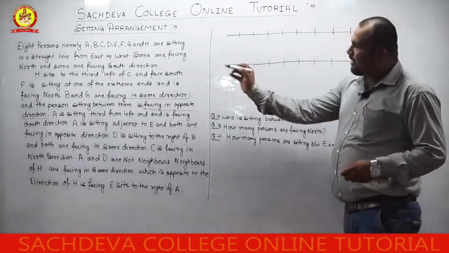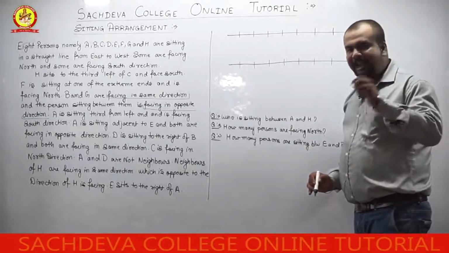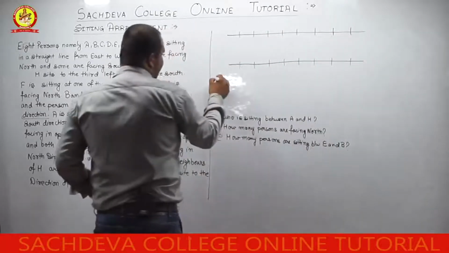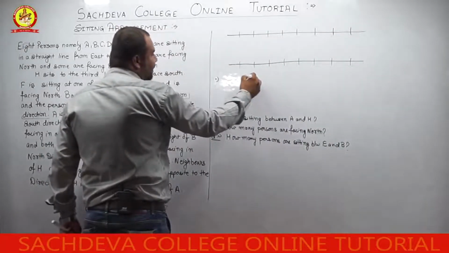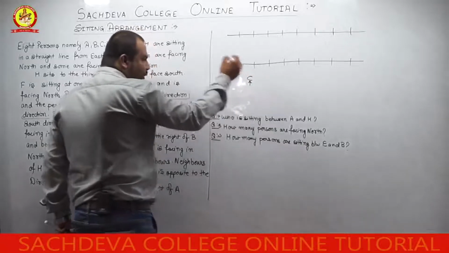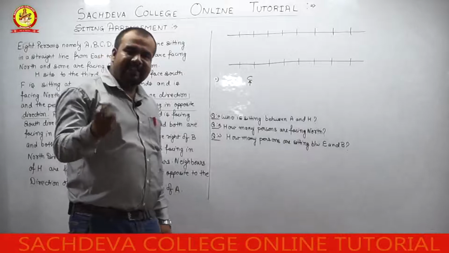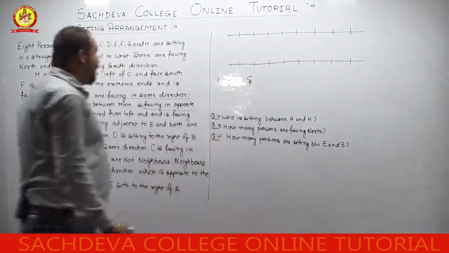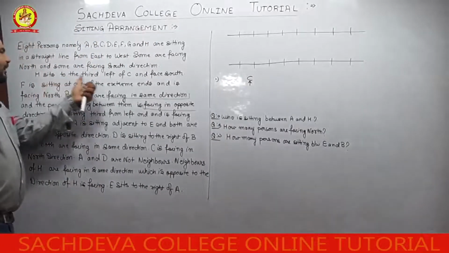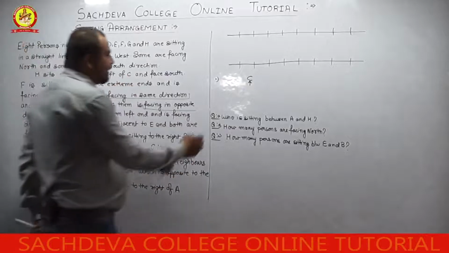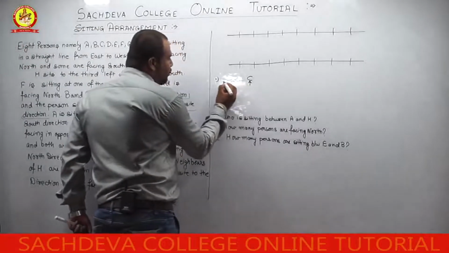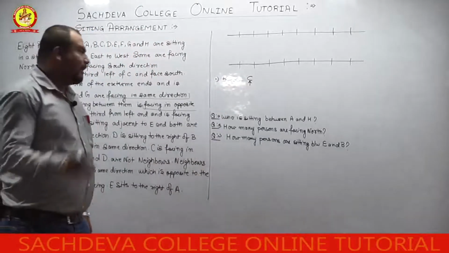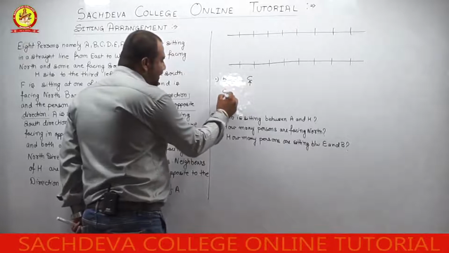H sits third to the left of C. Then we have rough notes, number 1: H sits third to the left of C. If we consider C as north facing, it can be possible that C is north facing or C is south facing. If C is north facing, then H sits third to the left of C: 1, 2, 3. H is sitting third to the left of C. Yes or no? Now, another possibility is C can be facing